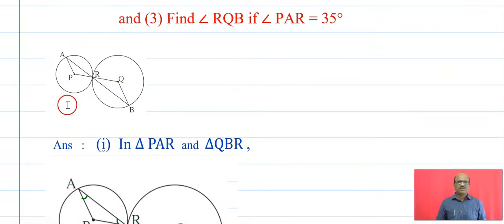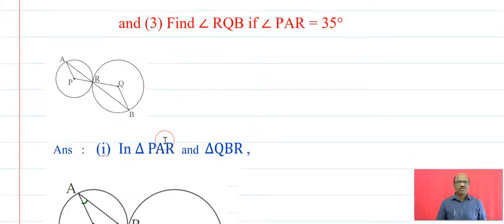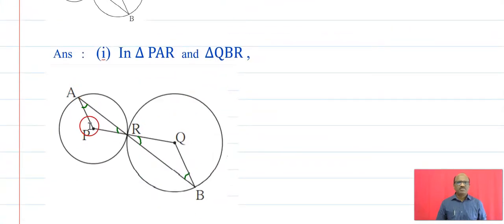Now see this figure. These two circles having centers P and Q touch at the point R, and AB is the line segment which meets these two circles at the points A and B. Now first of all, we'll prove that AP is parallel to QB. What's happening here? In triangle APR, AP is equal to PR. These are the radii of the circle, and therefore the angles opposite to these two congruent sides are congruent. That is, the measure of angle PAR is equal to the measure of angle PRA.